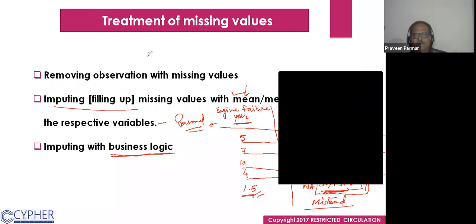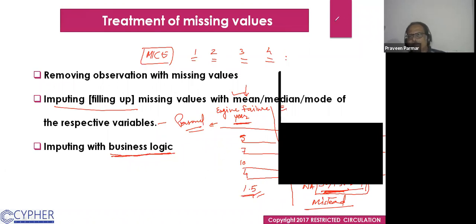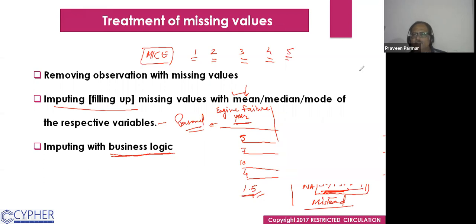Sometimes we have some library like mice. We run it and it gives us, by default, 5 options for all the missing values you have. And you have to select one option. There you also have to use your logic about which one is to be selected. You have to compare them. Then you can fill that particular column's values. Got it? That is a package.